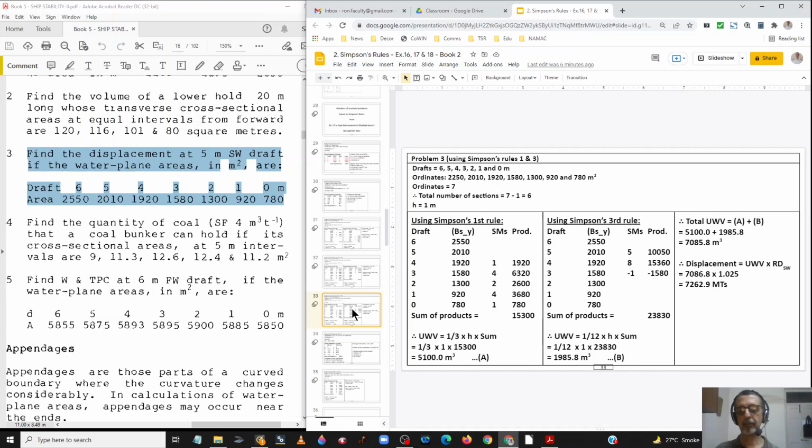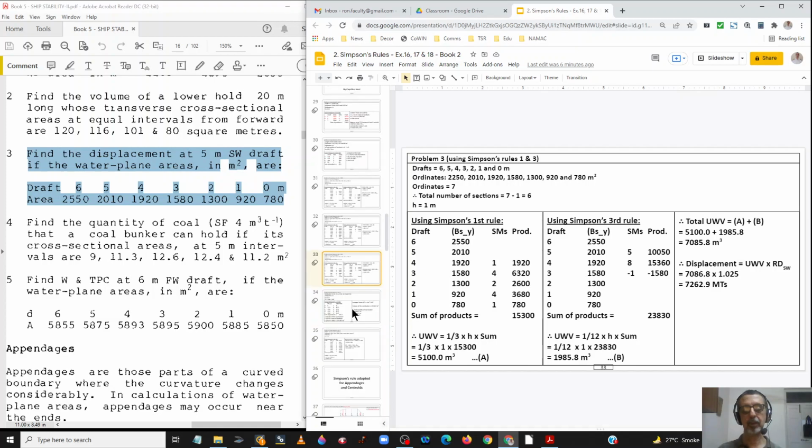There is a third way of solving the same problem. Once again, I'm going to use Simpson's rules 1 and 3. In the first step, I'm going to calculate the underwater volume until the 4-meter draft. And then in the second step, I'm going to calculate the underwater volume between the 4 and the 5-meter drafts. And when I add the two, I'm going to get the underwater volume at the